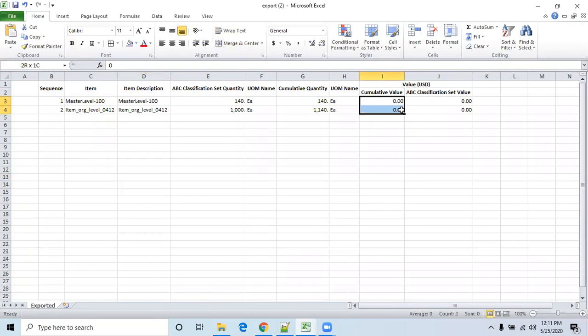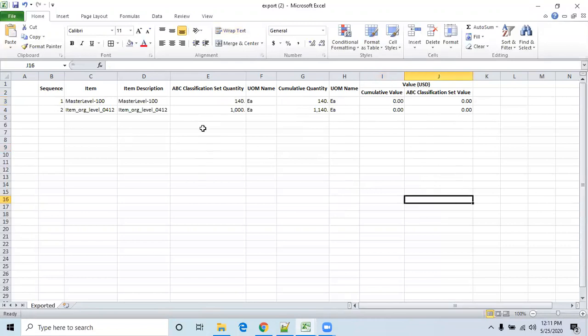So why is it coming as 0 here? Because item cost was not given while creating the item. So that is the reason the cumulative value of this item will be 0. Quantity is 140 into price. We did not give any price while creating the item. That is the reason the system is giving 0 here.